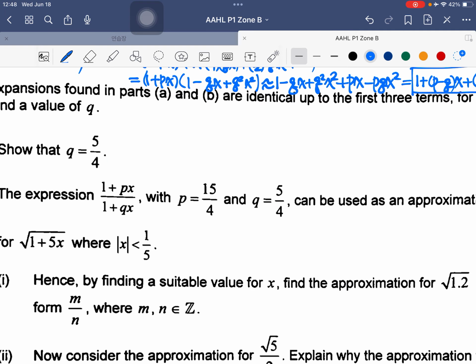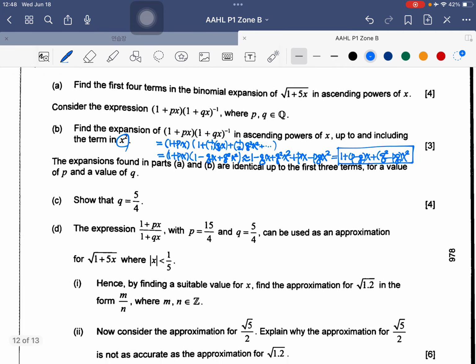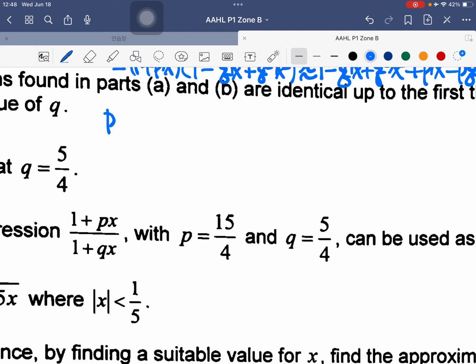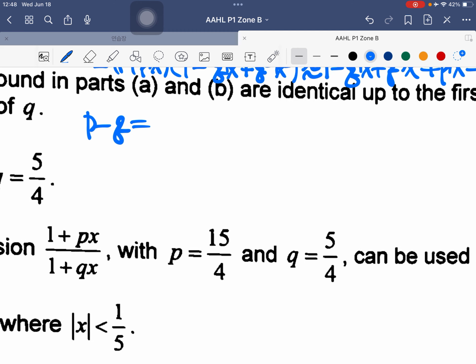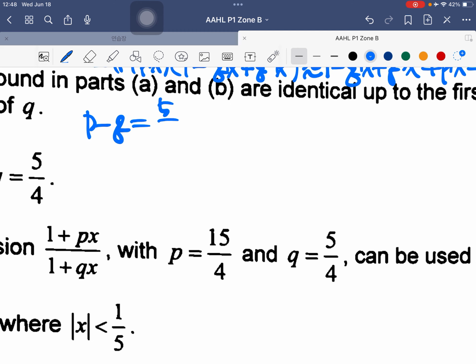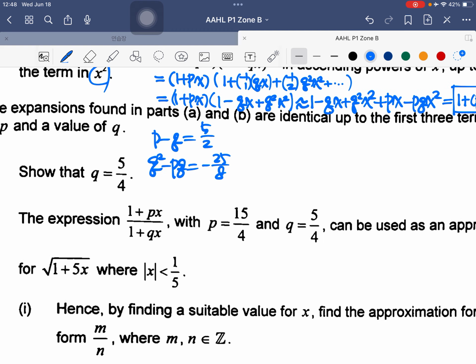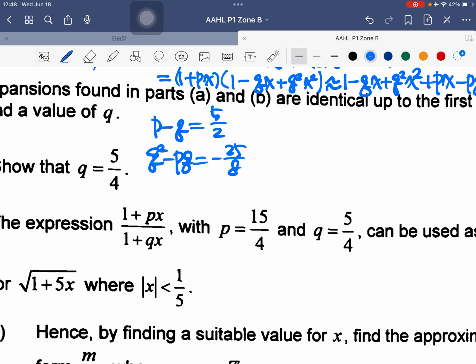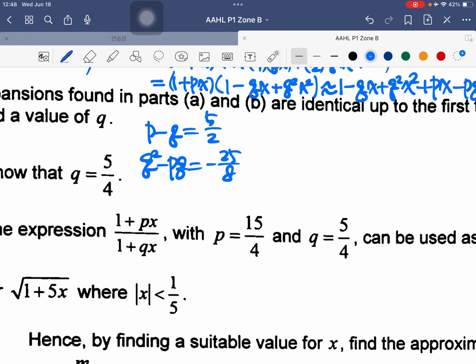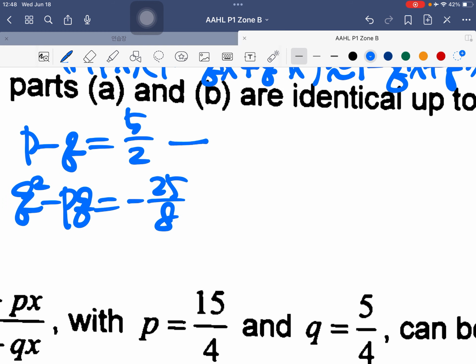So what that means is p minus q should be equal to 5 over 2, and then q squared minus pq must be equal to minus 25 over 8. We have to solve this system of equations to get the q value. So what we have to do is get rid of p, right? So from this equation we can say q